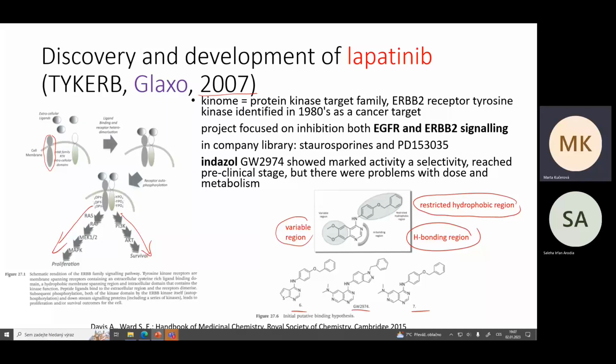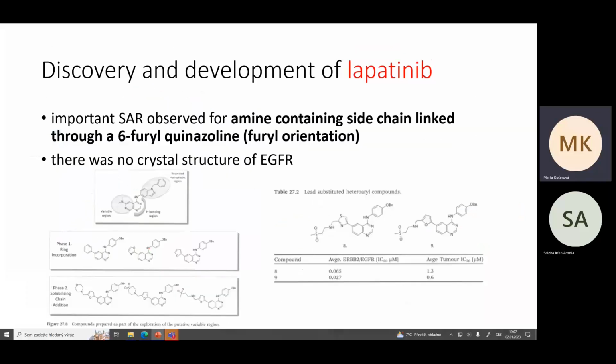You can see the variations either in the bicycle or in the side chain. And in the end, actually, there was a furyl introduced in the molecule in the side chain of quinazoline,